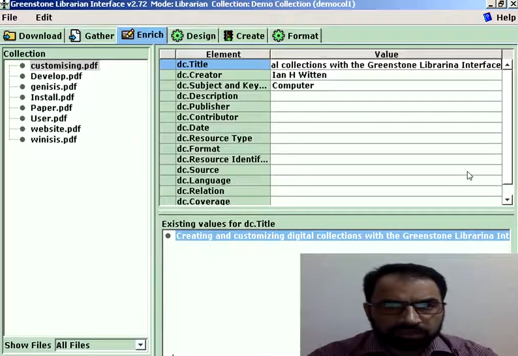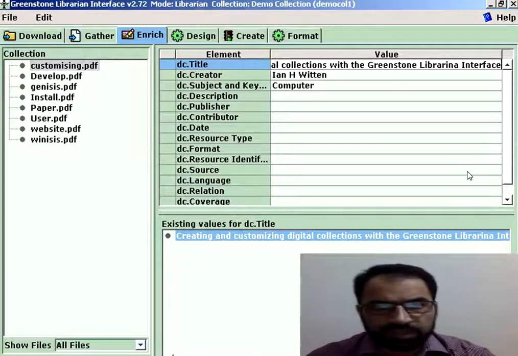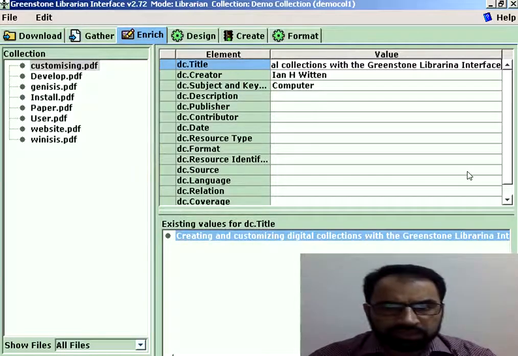The second step is the enrich step, which is normally said to be the metadata step, where we are enriching the collection which has now been gathered in the Greenstone Digital Library software. In this step, we describe the electronic resources based on bibliographical elements, like it is mentioned there, the title, creator, subject, description, publisher, and other related bibliographical elements.